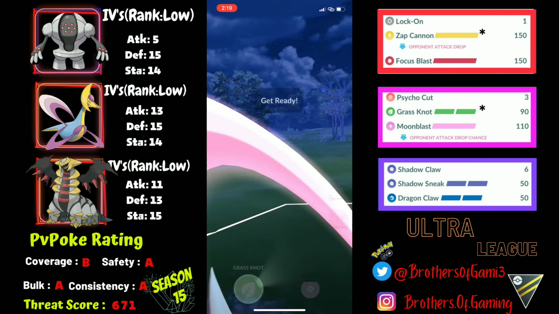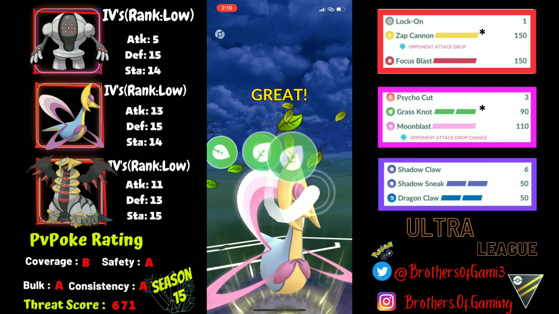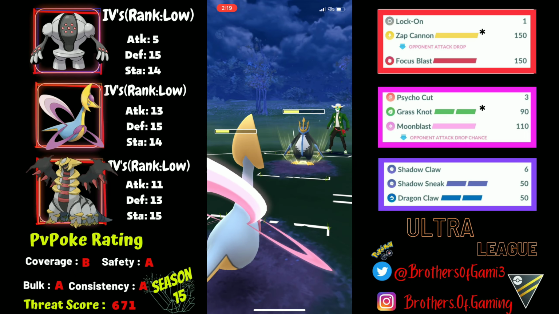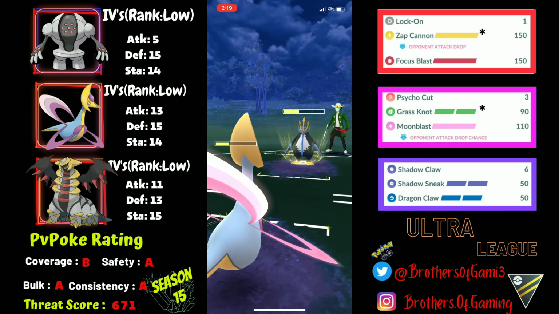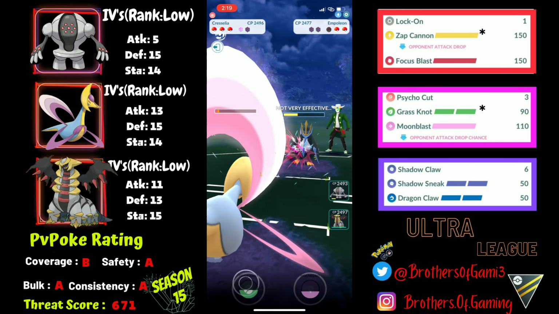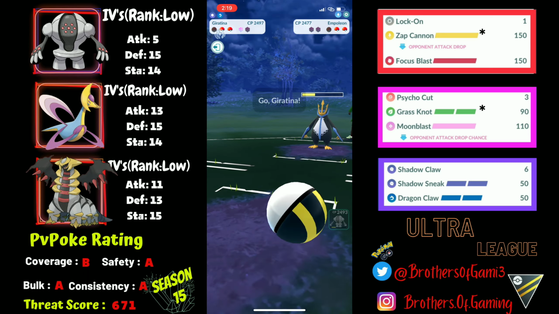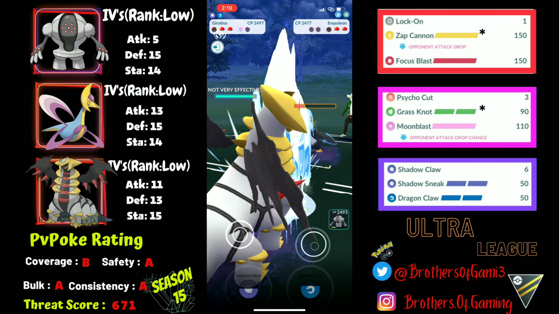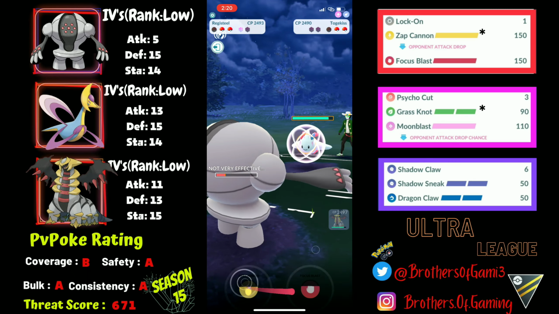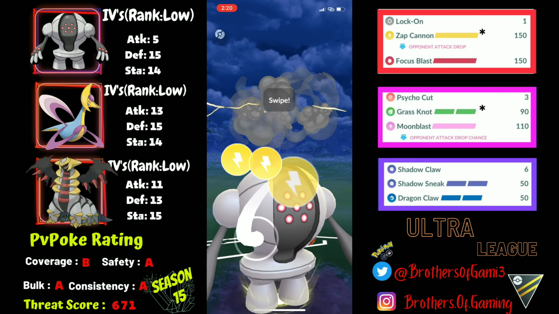I'm in alignment with my own Cress and Empoleon over here. But Empoleon, since it's part water and steel, it takes neutral from this Grass Knots as well. From this kind of range, again they will be trying to farm me down, which they will do, and now they have got a kind of good energy advantage over here. But nevertheless, I have got such a good answer to this Empoleon as well, which is going to be my